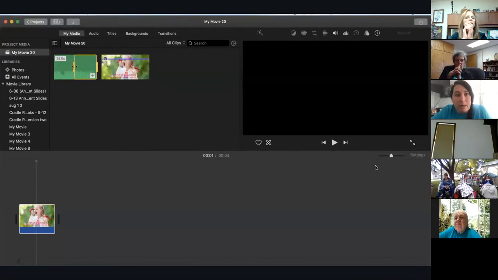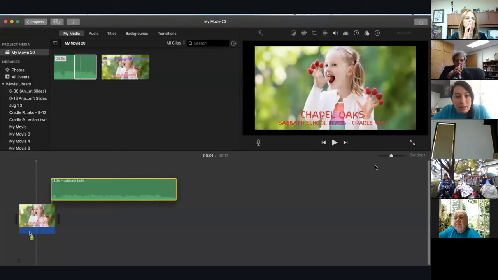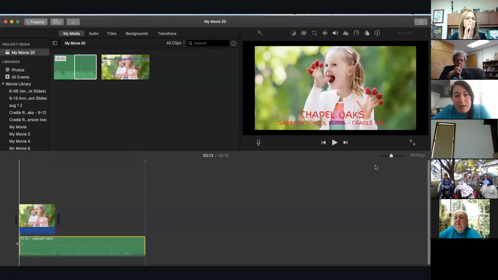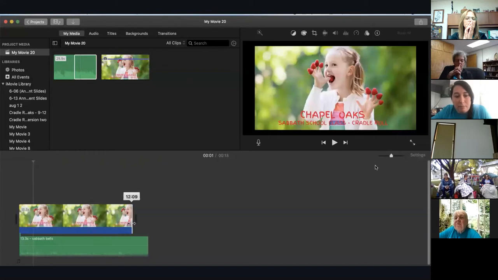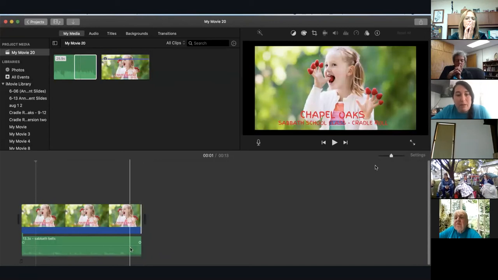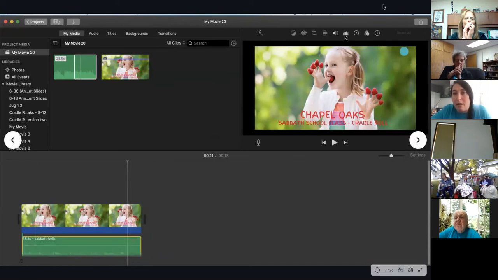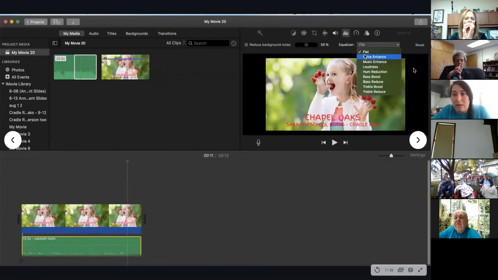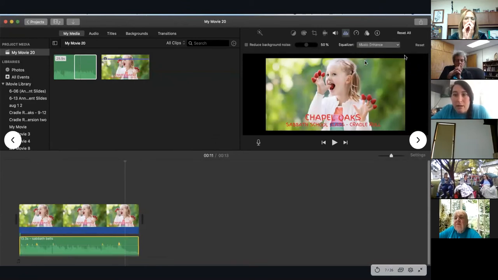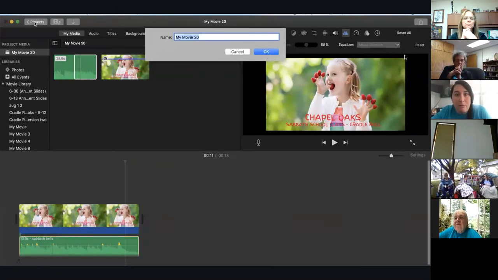And you can cut down your song, and then I put it under the picture. That way when they see the movie, it's gonna play. The Sabbath bells are ringing with that picture that they see. And then of course I go up to there and I click on the sound, because you want to change it to where it automatically sets everything to a flat, so it's not very loud when the people are watching the movie. And then of course I save it